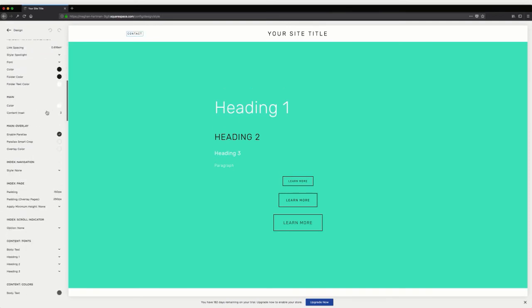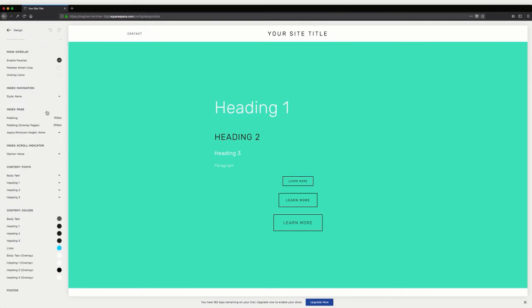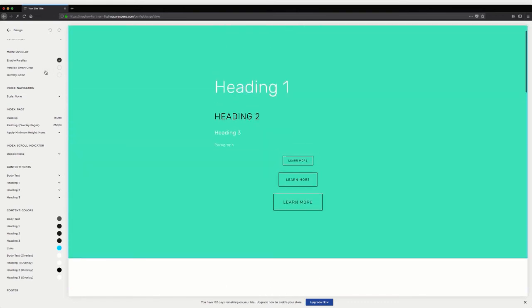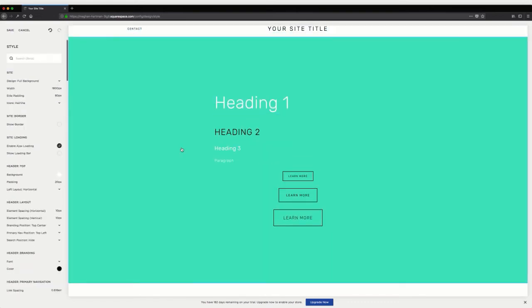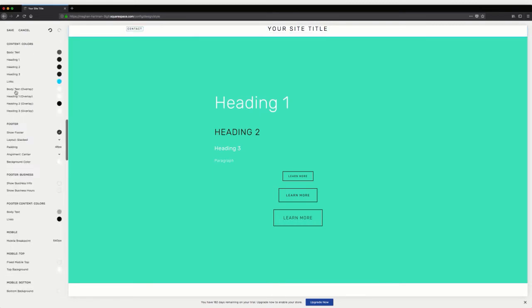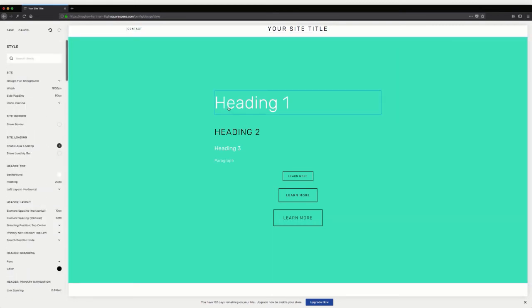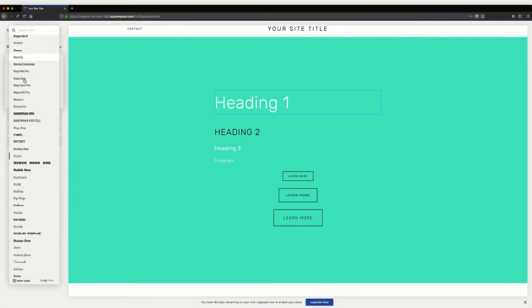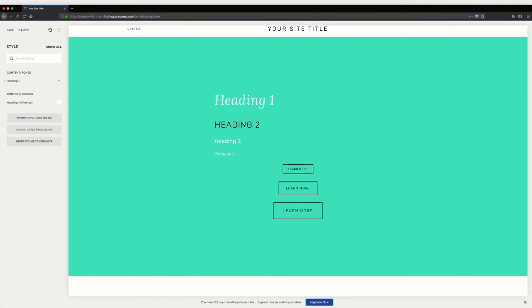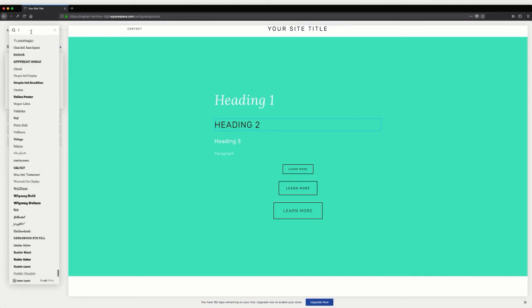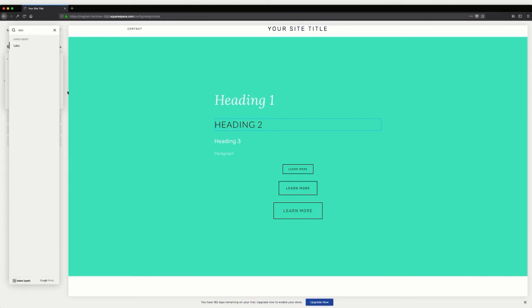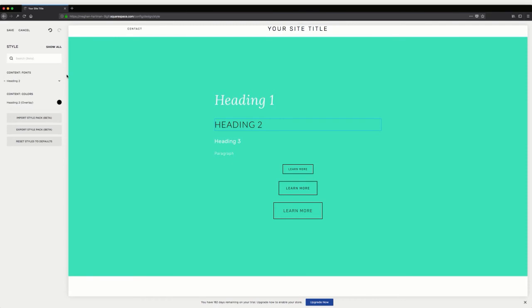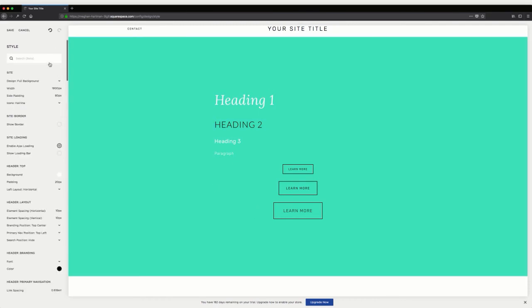So first things first, I do not like the way that parallax makes the images display. So I always disable it. Then you can just start going either top to bottom on these, or you can click these options and go down the list that way. So you'll just update the font to be whatever font you want to use. Okay, so then you can click the next thing that you want to adjust. Now, if you're doing it this way, like I am, just going through and clicking and adjusting the styles that come up based on that, what you want to do when you finish is to just click show all again,